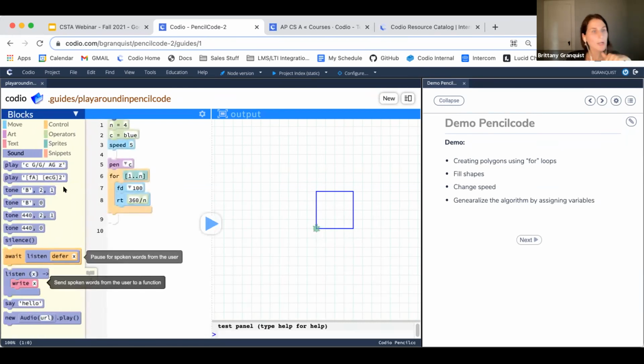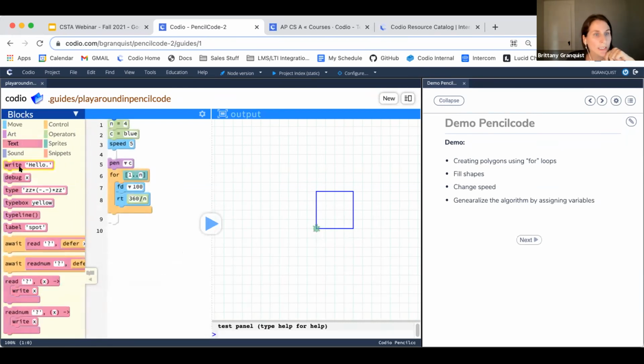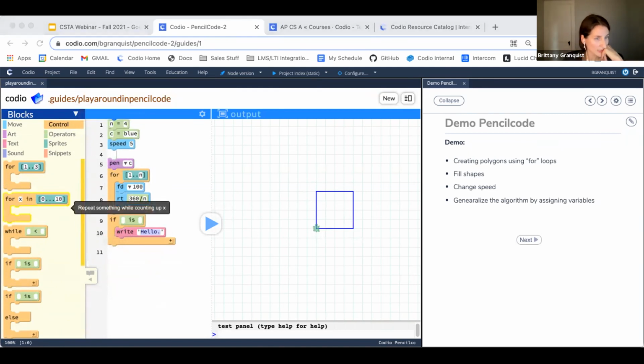Again, then you could say, all right, well, let's do something else. I've seen some problems where students are writing the name of the polygon. So if there are a certain number of sides, then they'll write this is a pentagon, right? So there's a lot of different ways to differentiate. And I think that's what's awesome about a lot of these things, that they have a really high ceiling. So that is PencilCode. Do you have any questions about PencilCode so far?